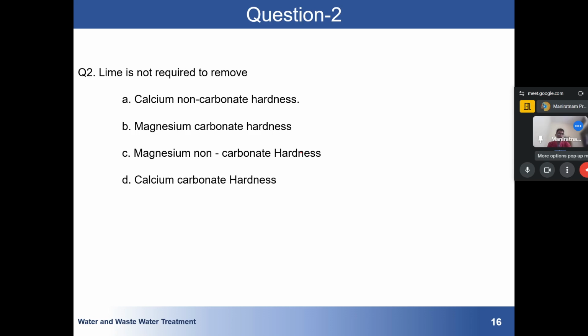I won't say you have to mug up those things, but if you know the pH of the system and the thermodynamics of the system, you can answer this question. Okay, so